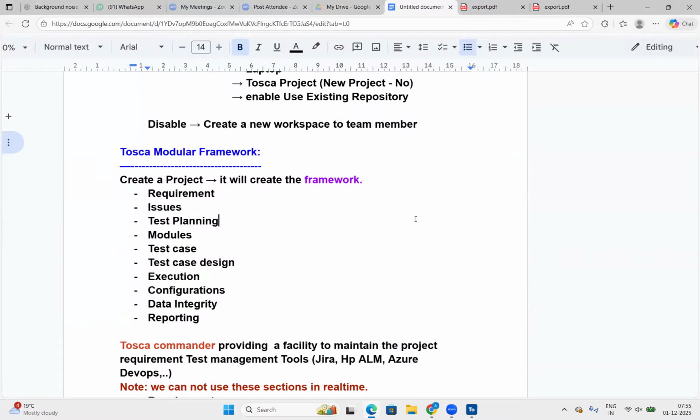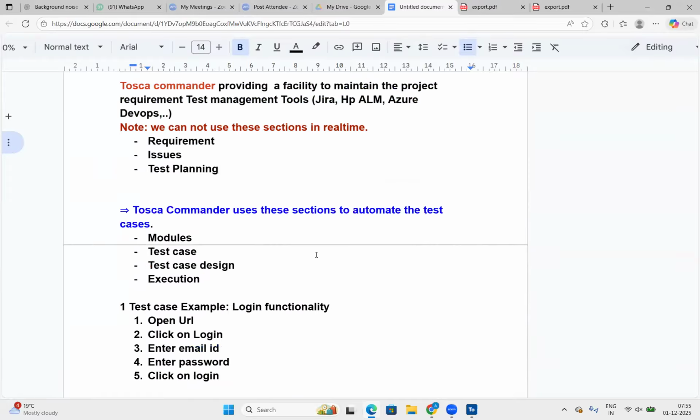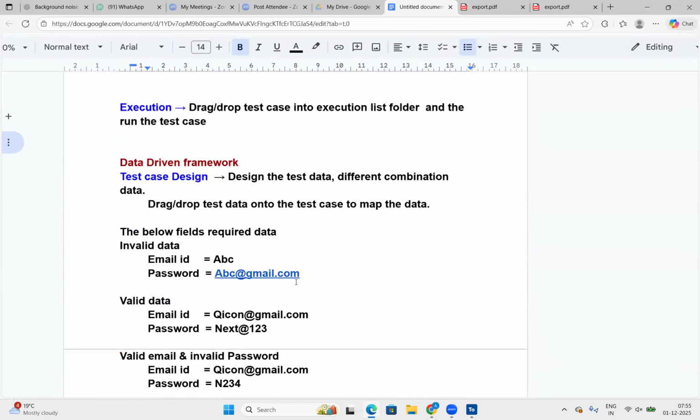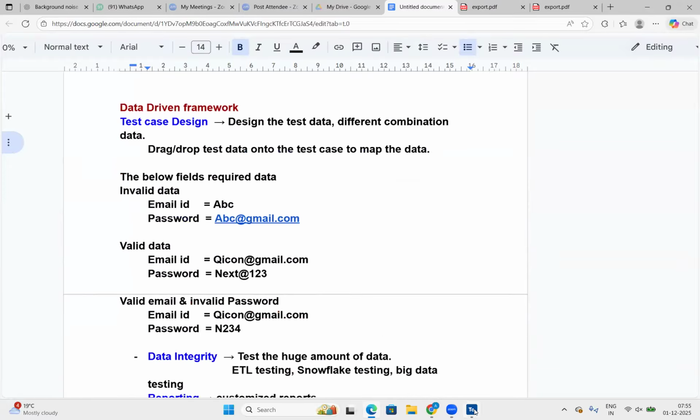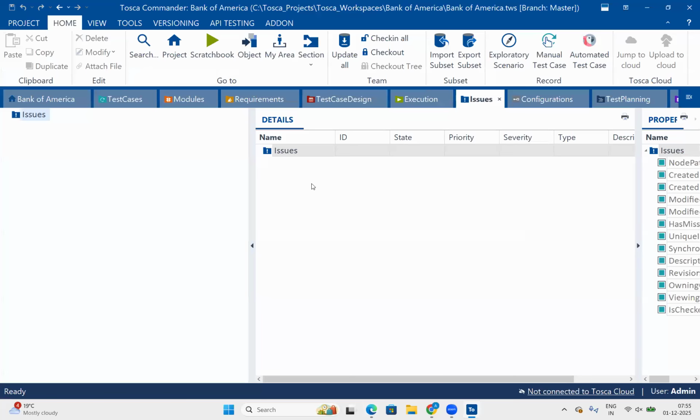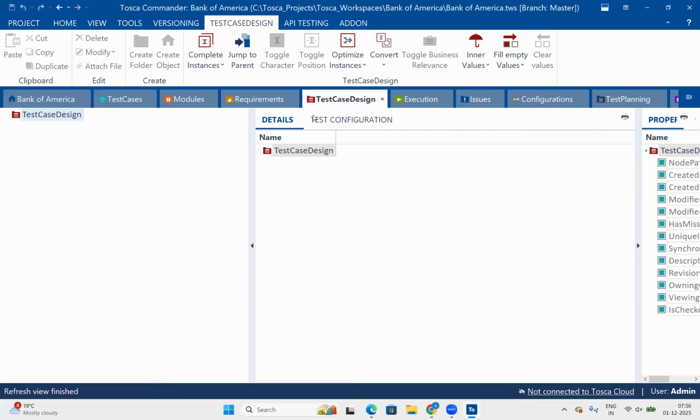One question for test case design. Where do we create the test data? If you go to the rules in Tosca, here you can see one option, test case design. In this test case design,